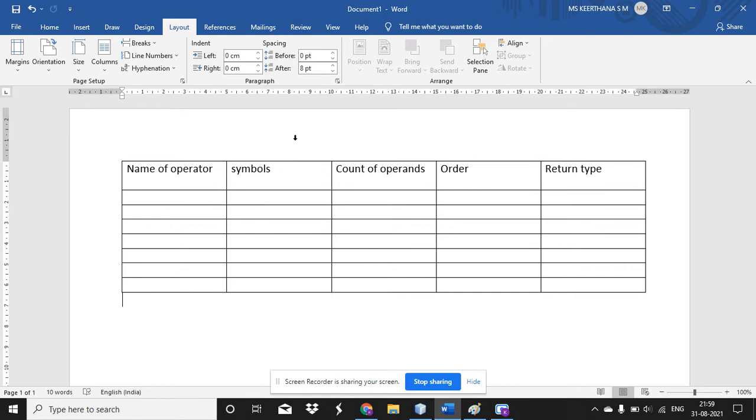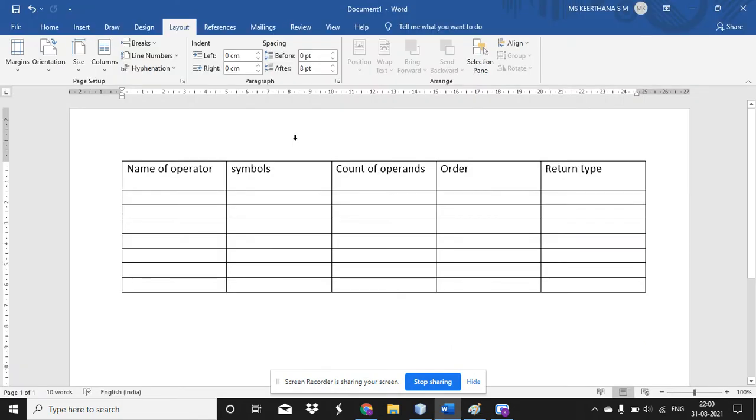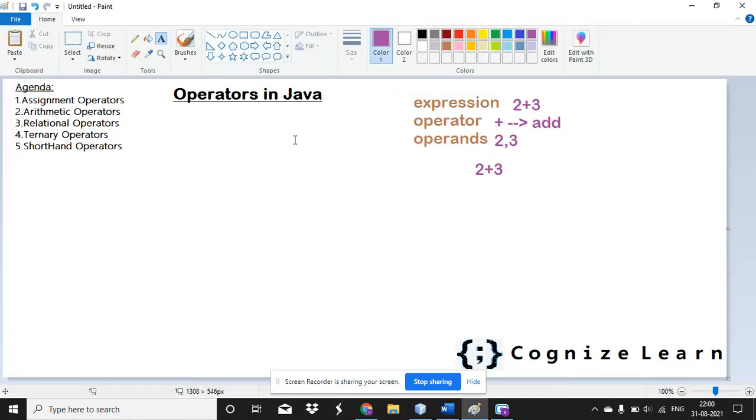We are going to discuss one operator along with an example, and map all the data corresponding to the particular operator here. Initially I am taking the first operator, the assignment operator.